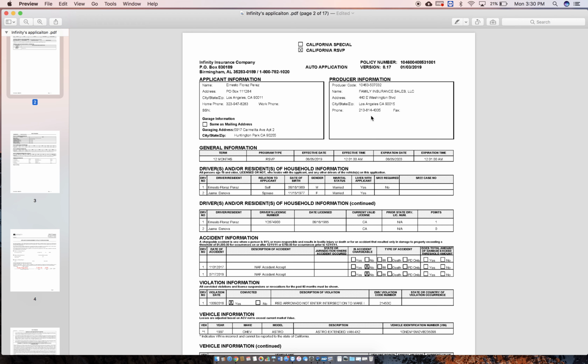Producer's information, which is our information. The term of the policy, which is a 12-month policy. The effective date, when was a policy effective, and the expiration. So if it's a 12-month policy, it's going to show from 8/5/19 all the way to 8/5/2020. It's going to give you the information of the drivers, the name, relationship to the policyholder, the date of